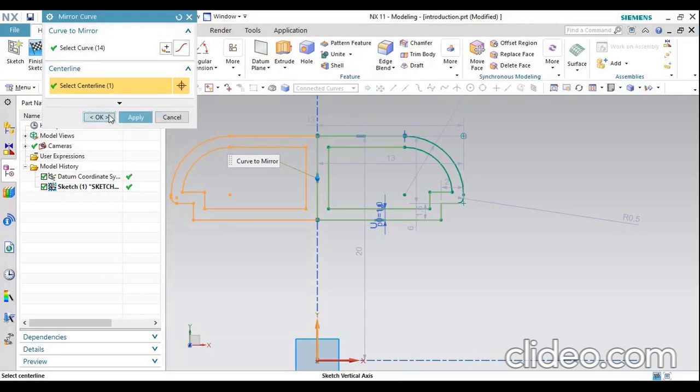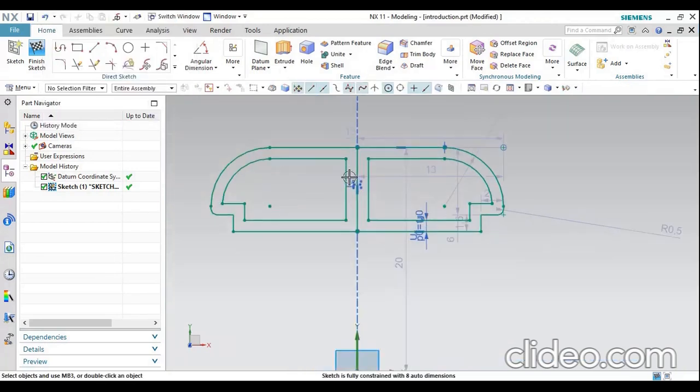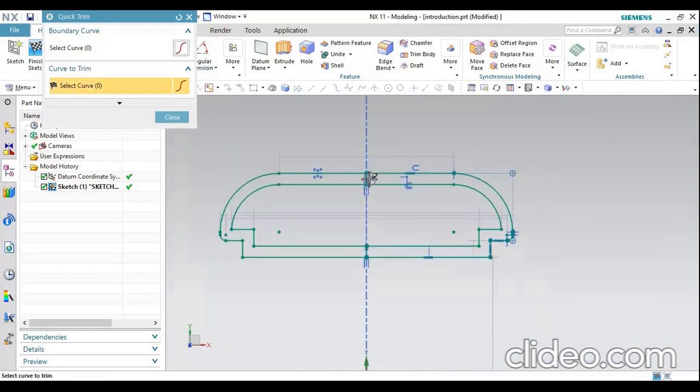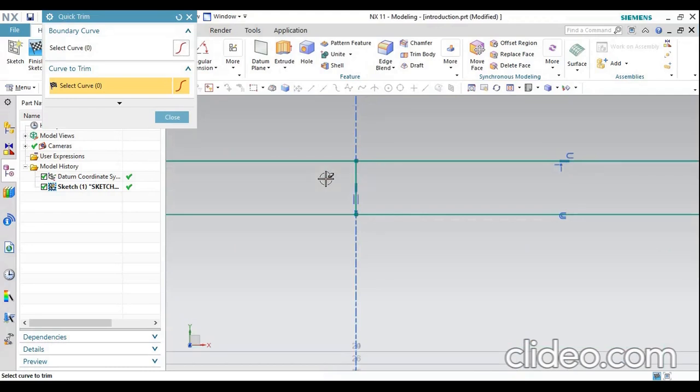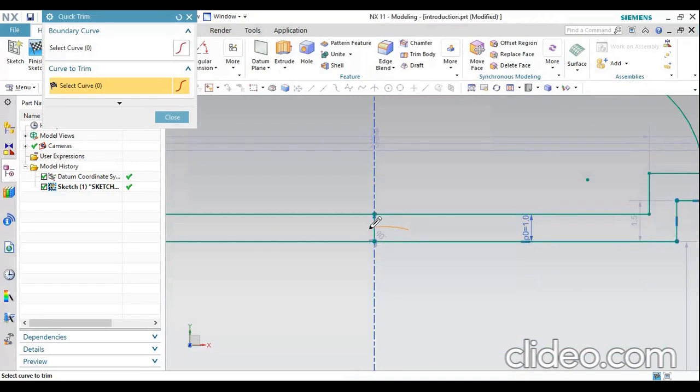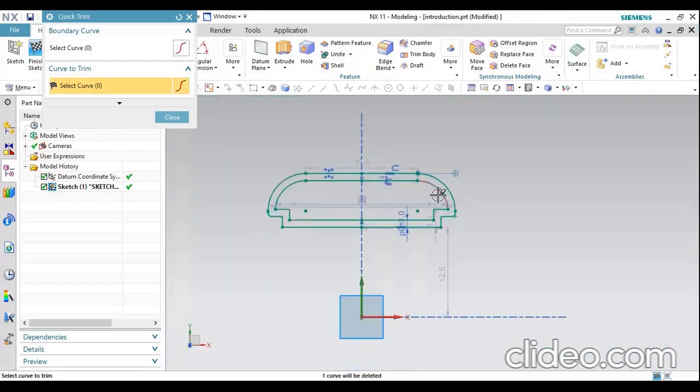The curve will be applied like this. Then click trim. I'm going to delete this one and this one. Okay, so this is my sketch.